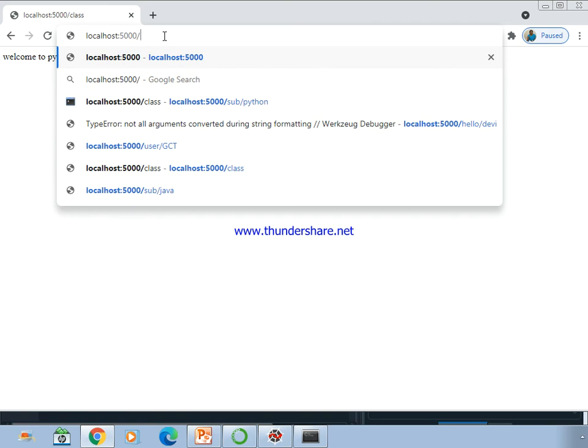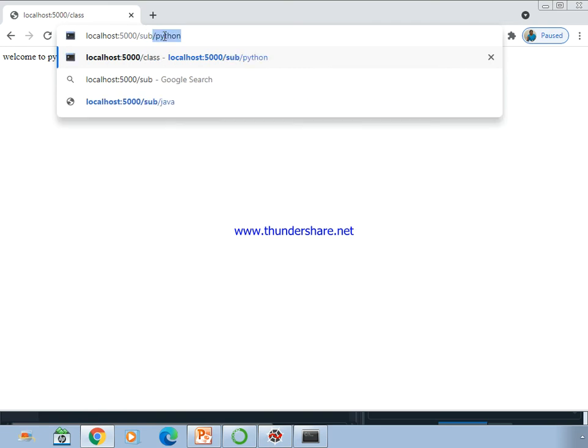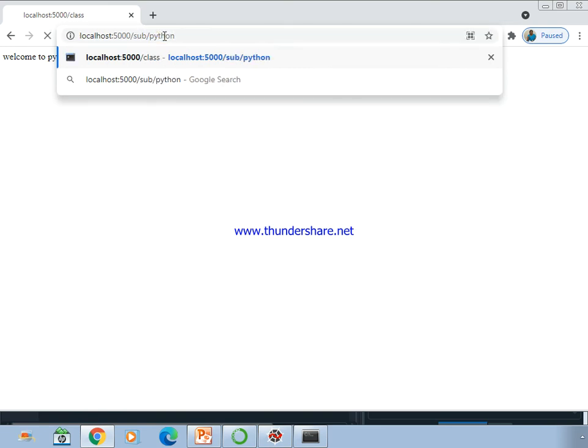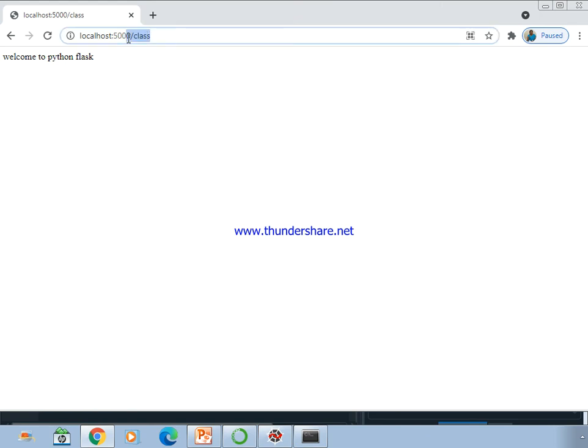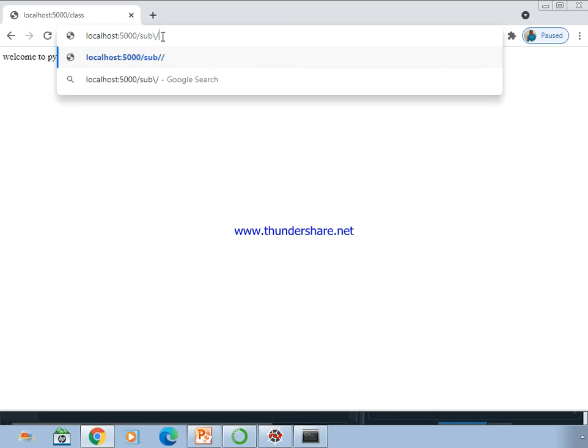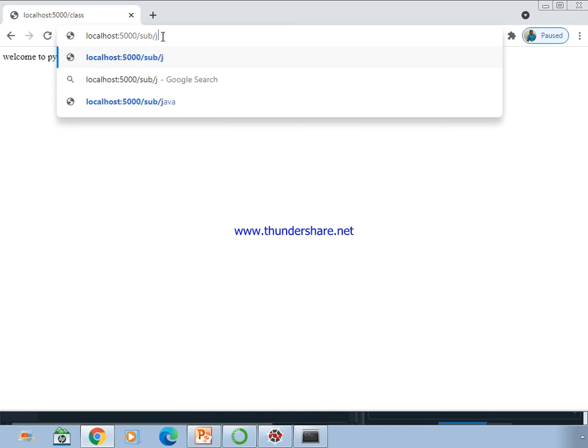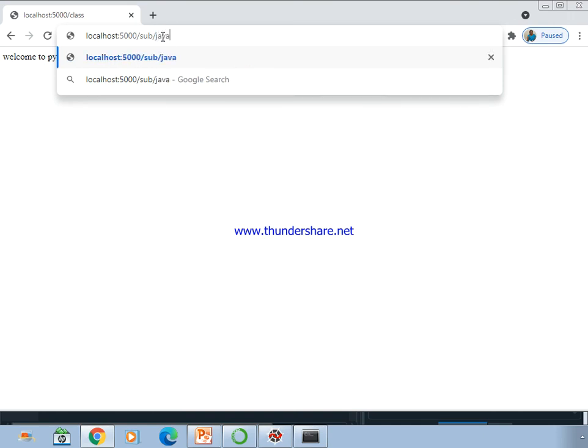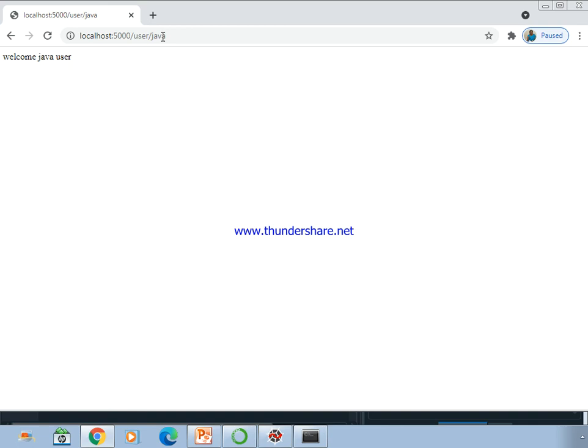I have given only sub slash Python, but it automatically calls the class path because that particular method is redirected to call it. Next I am going to give sub to execute the else part, Java. Right? Automatically it is calling this user path, and it's representing that it's a Java user, right?